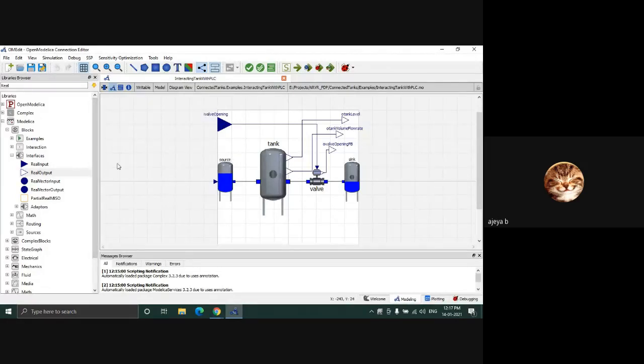Now, since last time I already had dumped the PLC code, I just have to start the PLC. So PLC already has the code. If I just start the PLC, it will run, and then you'll be able to see the visualization. So here it is. So visualization is there.